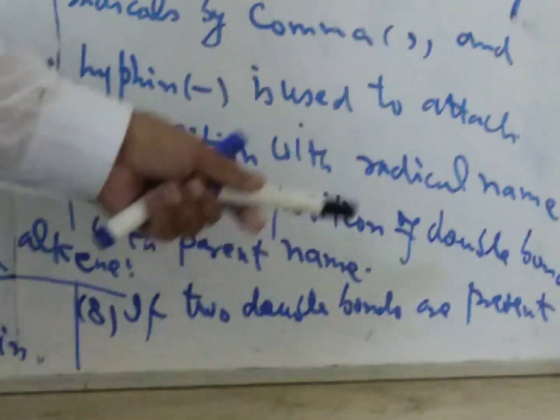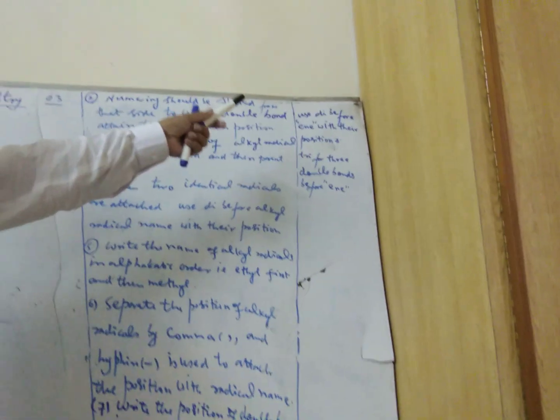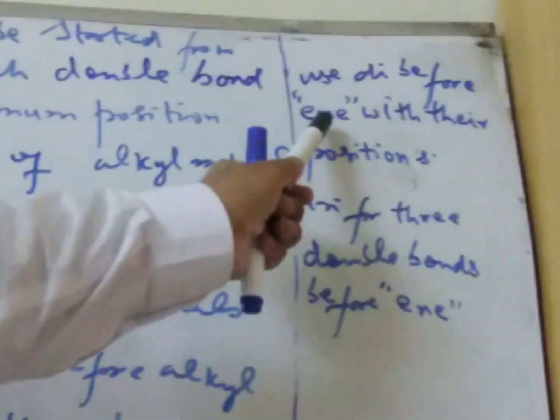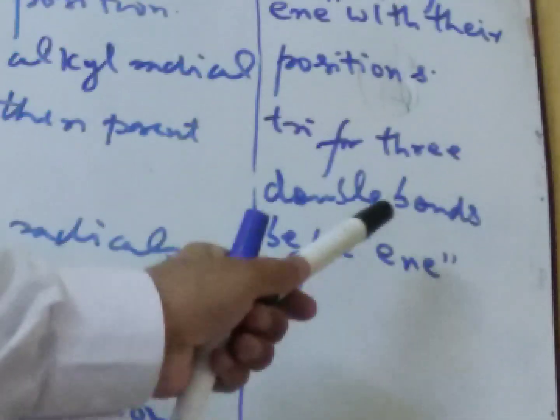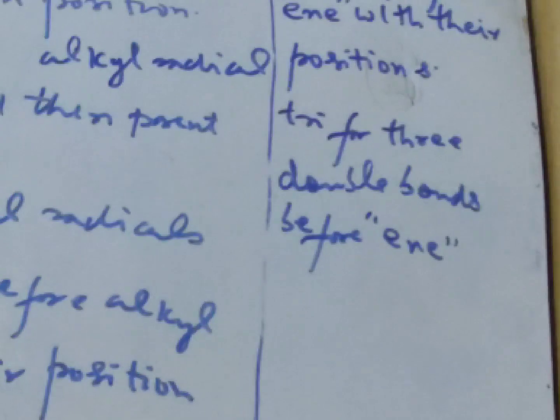If two double bonds are present, use di before ENE with their positions. Similarly for three double bonds, use tri before ENE. For example,